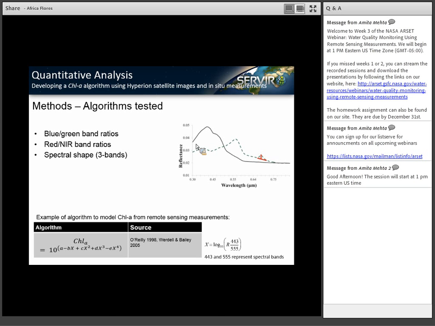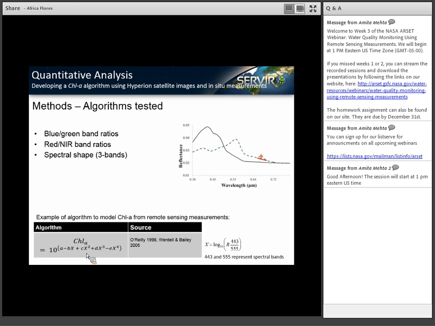In the case of chlorophyll concentration, usually these are the bands that capture most of the variance for chlorophyll concentration. And this is an example of an algorithm, or in other words, a mathematical equation that allows us to model chlorophyll concentration